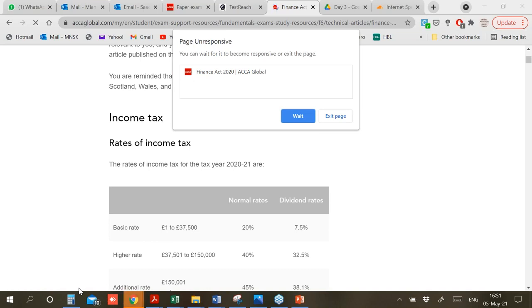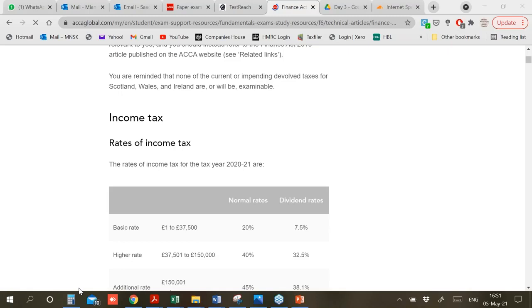Azan has asked a question: in order to claim RNRB, should our estate be over 325? No, Azan, our estate should be over 175. 325 is the amount of the nil rate band. The RNRB amount is 175. So your residence should be more than 175. If there is a residence included in your estate, only then you can take the RNRB. If you just have an estate in which there is no residence, then you cannot claim RNRB. I hope I have answered your question.